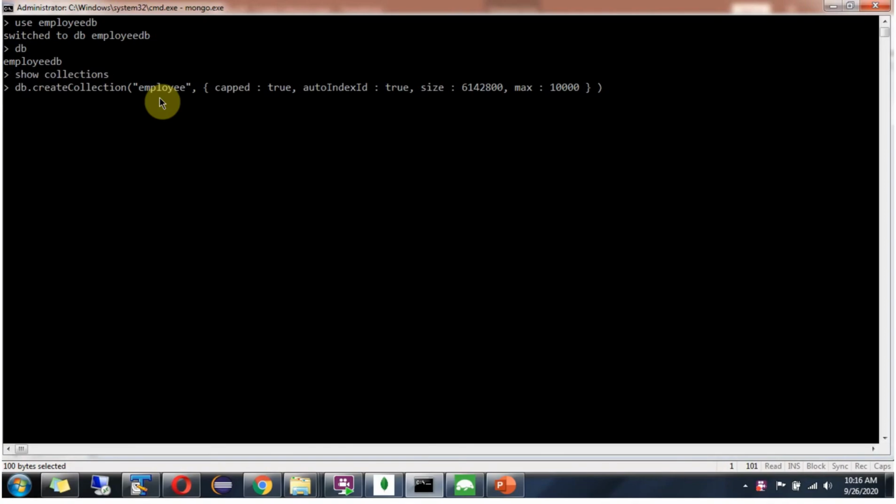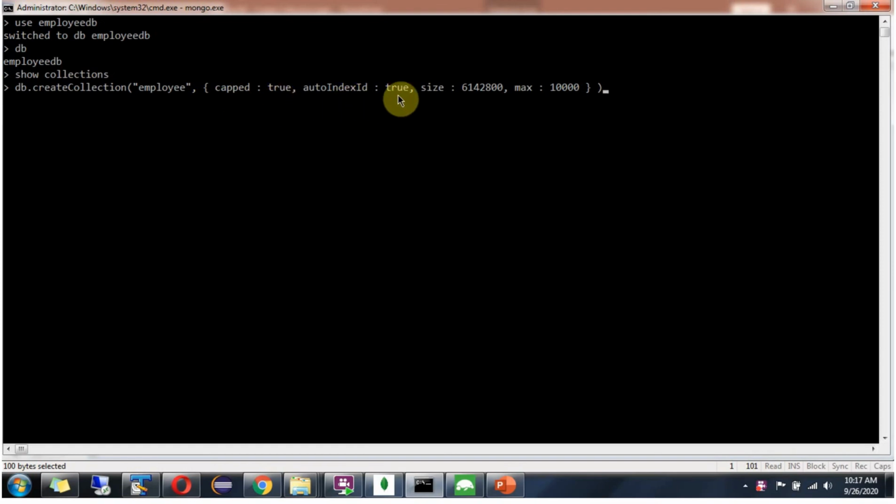Now we will see the example of how to create the capped collection. I am using employee DB, and the current DB is employee DB, and in employee DB there is no collection. Now I am going to create employee collection, which is a capped collection. db.createCollection, name of the collection is employee, and capped is true, so the collection is a capped collection.